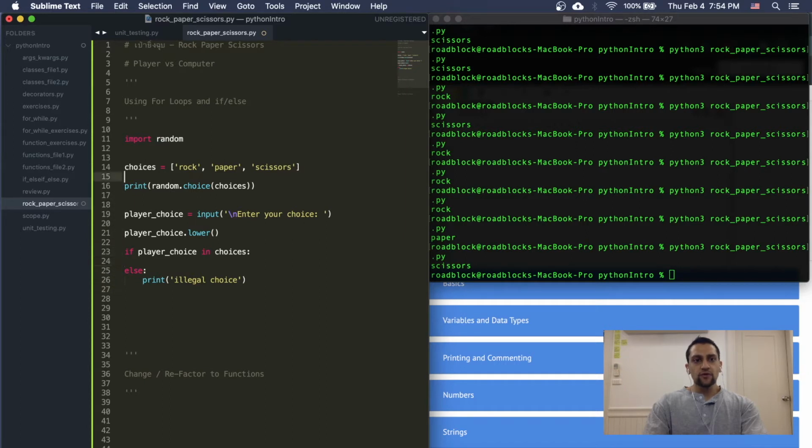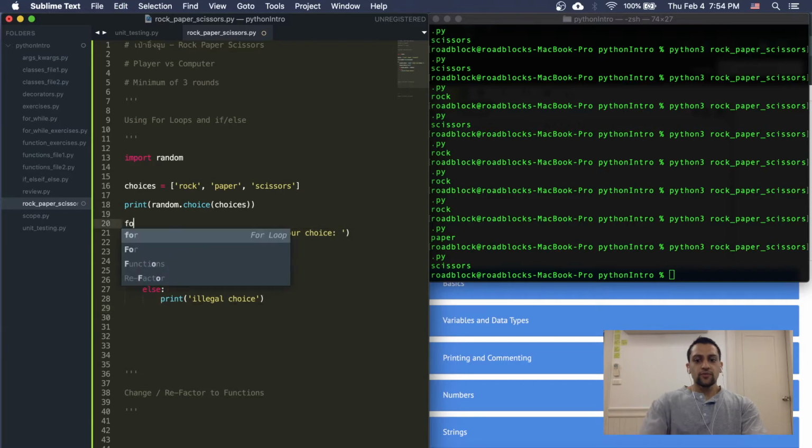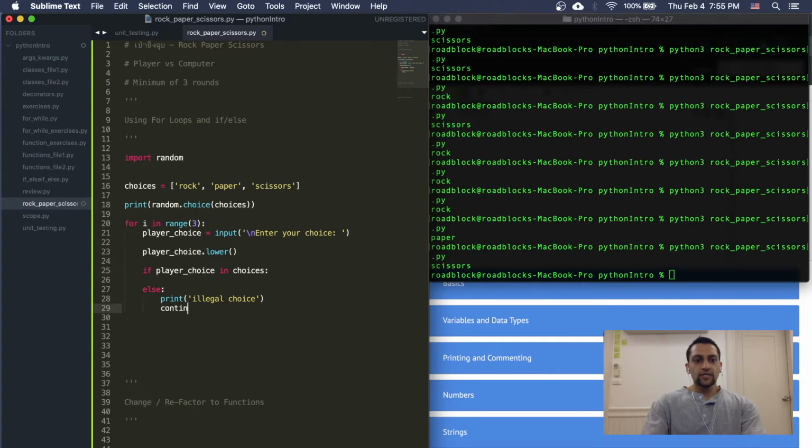But we want to play เราอยากเล่น 3 ครั้งครับ so we want to have 3 rounds. So I'm also going to say we want to play a minimum of 3 rounds, so ข้างในนี้ผมจะเขียนว่า alright, ผมอยากใช้ for loop ข้างในนี้. So I'm going to put in a for loop, for i in range 3 ให้วันนี้ครับ. So there we go. เราจะเขียนว่า continue ข้างล่างครับ เพราะว่าถ้าเกิดว่าเขียนไม่ถูกครับ